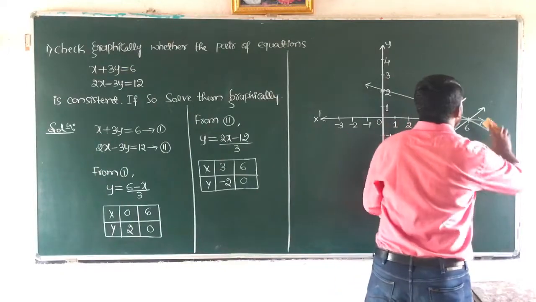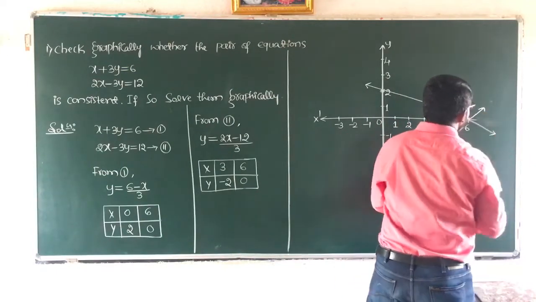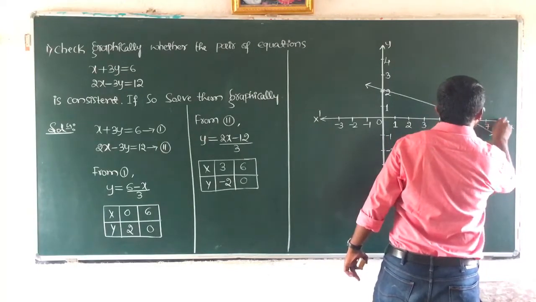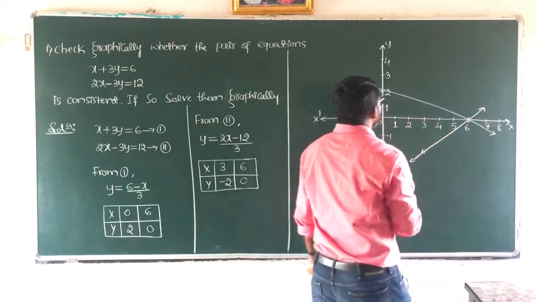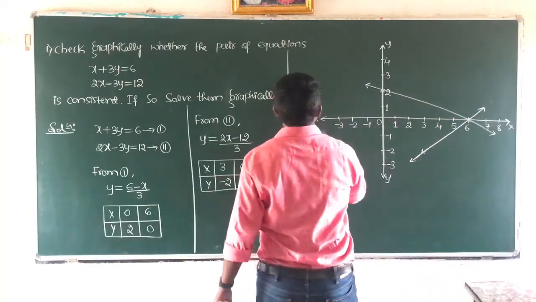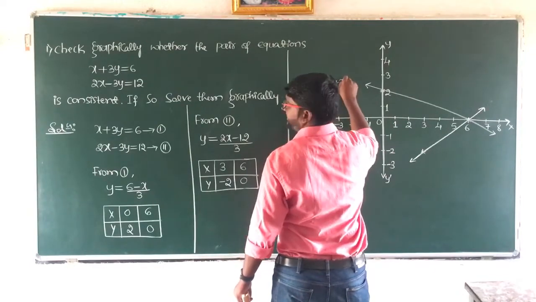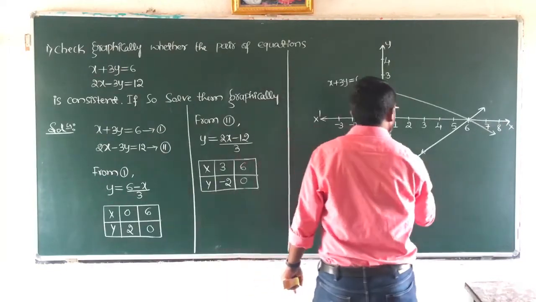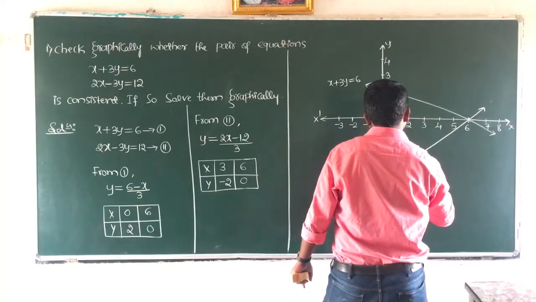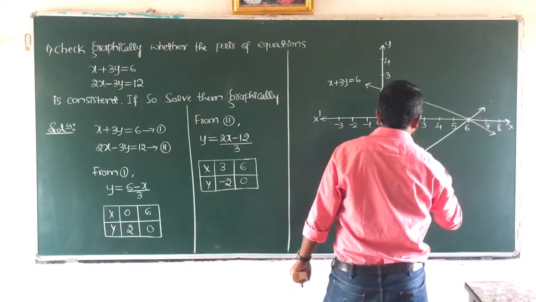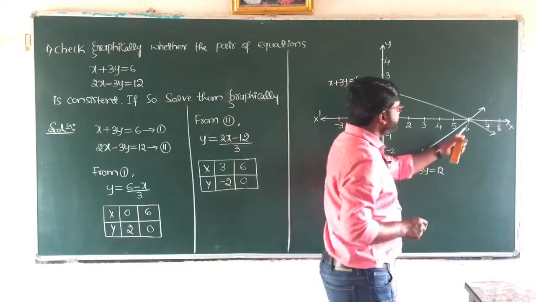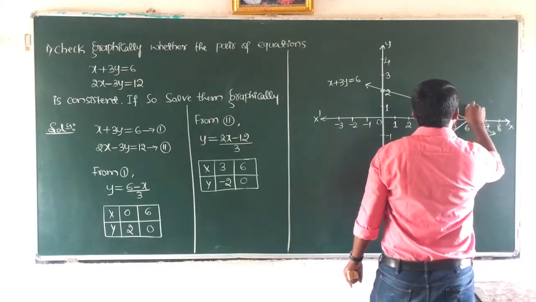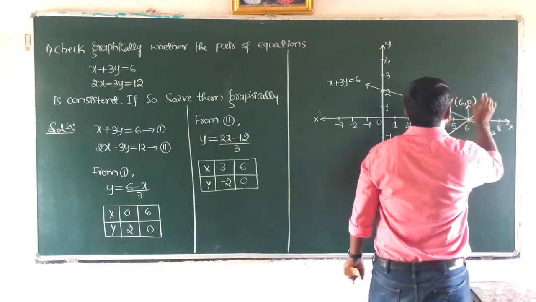So now let us extend this line a little bit to avoid the confusion. So I am extending the x axis a little bit. So this is 7, then it is 8. So now see here. So let us write the equations of both the lines. It is x plus 3y which is equal to 6, and then equation of this line it is 2x minus 3y which is equal to 12. So now what is this point of intersection now? It is 6, 0. So this point is 6, 0.